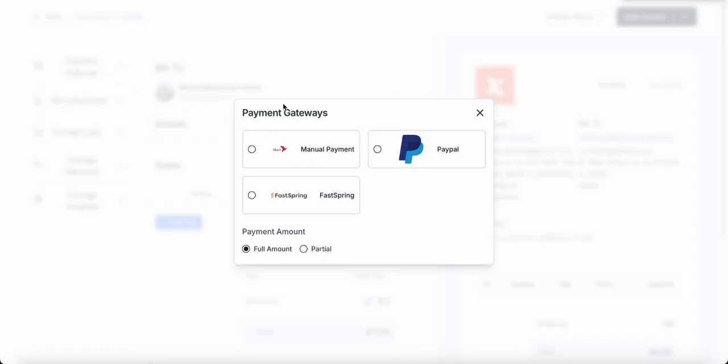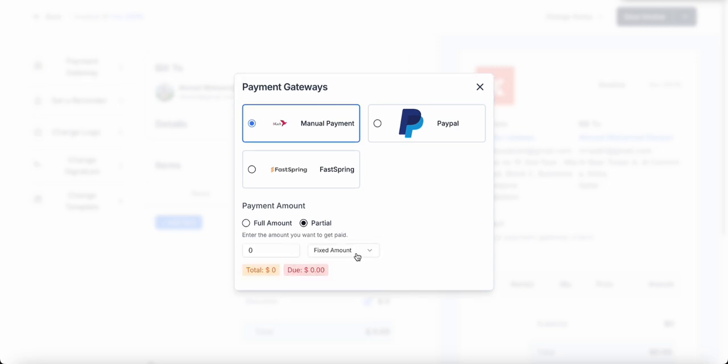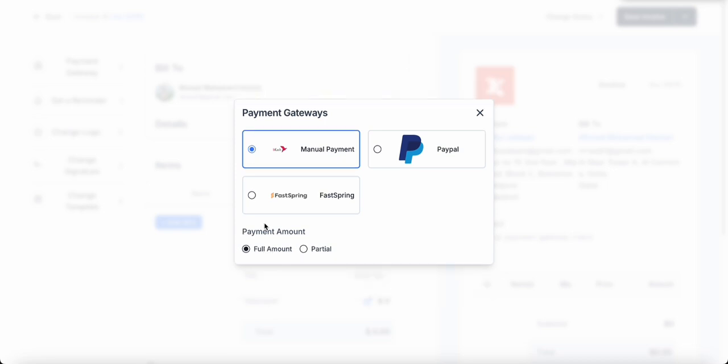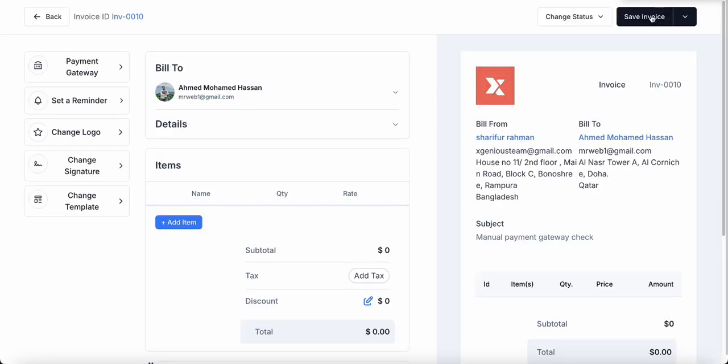You can change the payment gateway settings from here. You can set the manual payment gateway to accept payment through the manual payment gateway. If you want to get the full amount, then you can select full amount, or you can select partial payment, how much you want to get paid of this invoice total. In our case, we will use full amount. Let's close it, save changes,